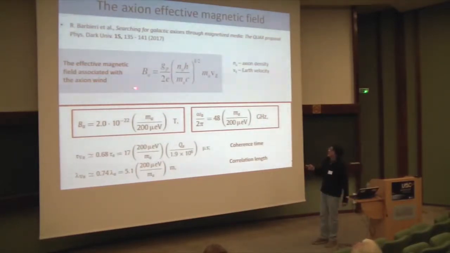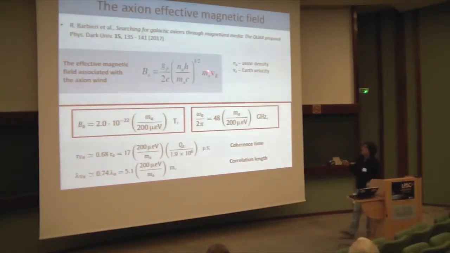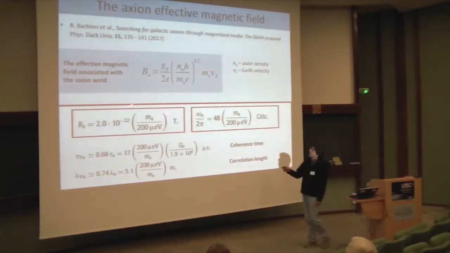So you can calculate the effective magnetic field associated with this axion wind. It is, of course, proportional to the axion density and to the Earth velocity through the dark matter halo, and of course to the mass and the coupling constant of the axion to the electron. The number comes out, let's take some